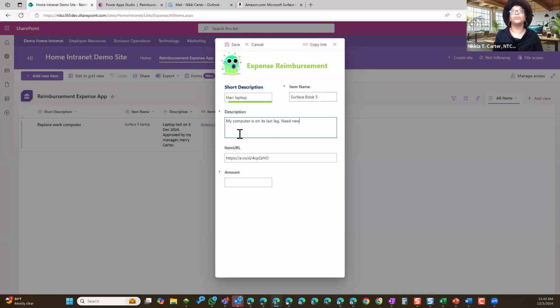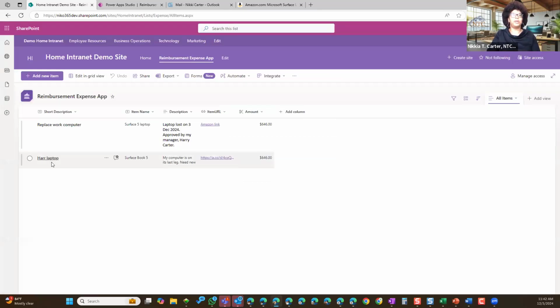Okay, the amount we saw was this amount, so we're going to leave it at that. Now my buttons for saving the thing are up here. I could have added a save button here, but I don't need to. That again will be on one of our more fancy forms the next time we get together. I can just hit the save button here and you will see a new line up here. Whoops, I called Harry Hair. So I guess Hair needs a new laptop.